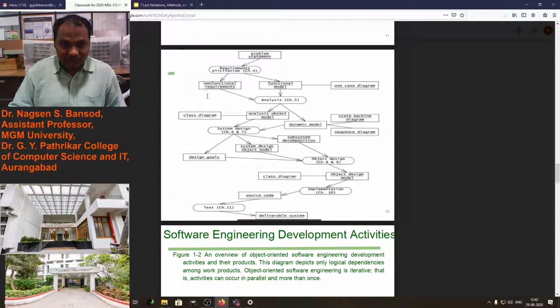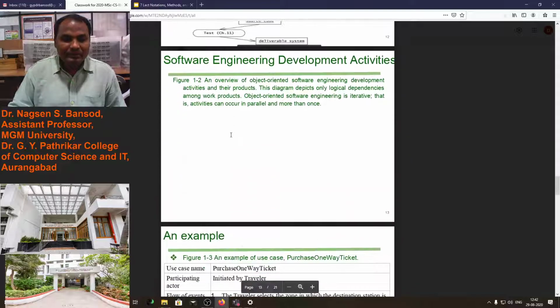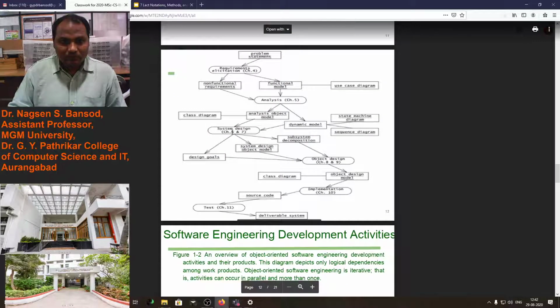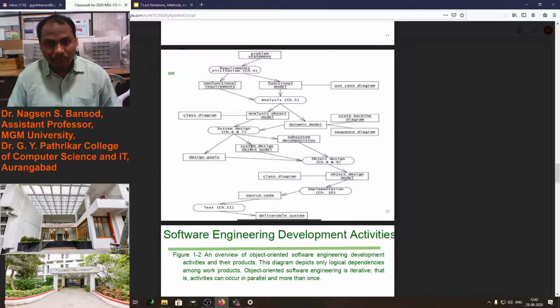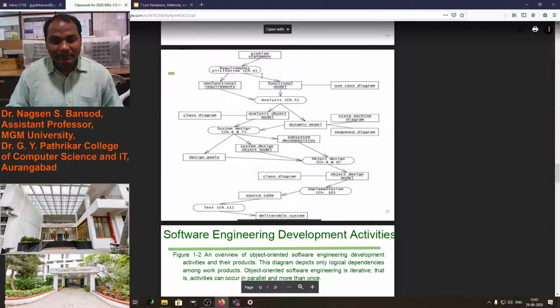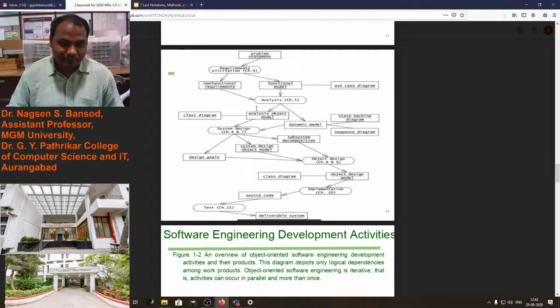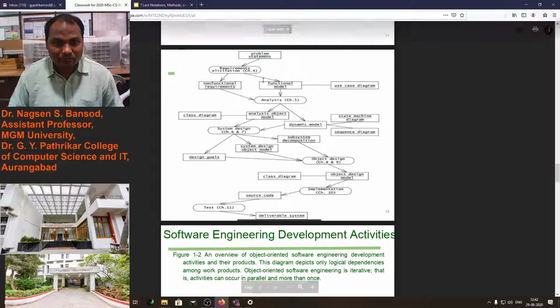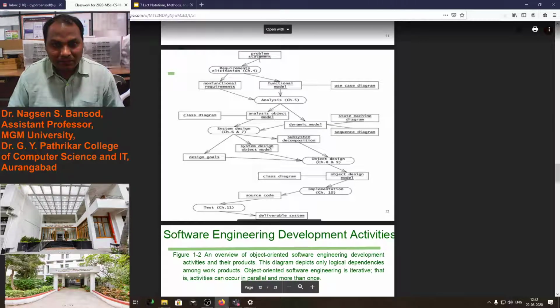We'll see this. That is a very difficult diagram. You see, is it visible to you? Padmashri, can you read this problem statement?